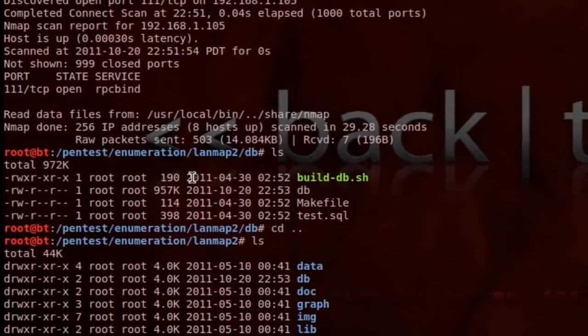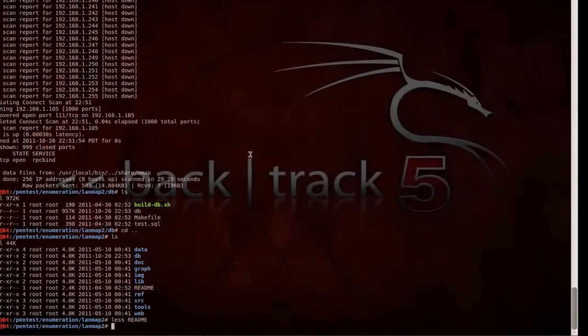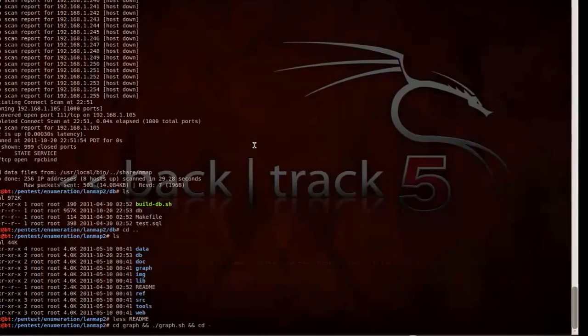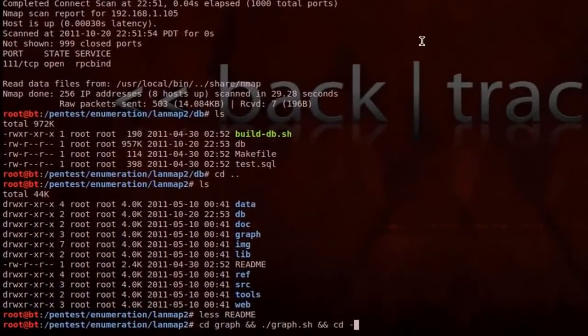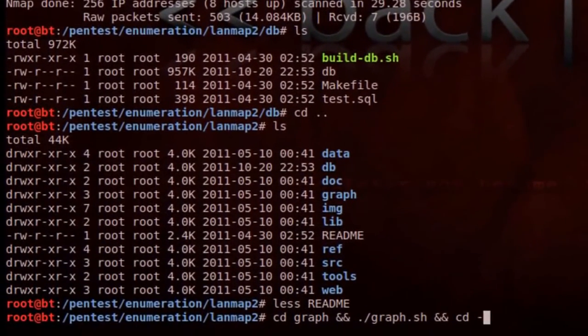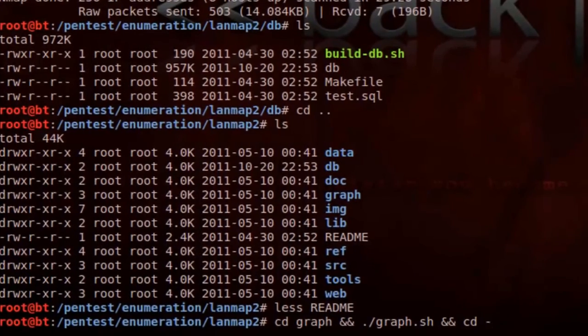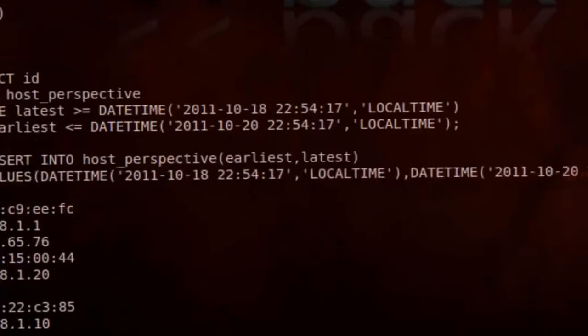And I'm going to quit. And this is another tip: if you are new to Linux, you can paste something that is copied into the clipboard. If you have a mouse with a middle mouse button, just press the middle mouse button and it'll paste it. It's kind of cool. So the command is cd graph. There's a folder in here called graph, and then it's telling it to basically run a shell script inside of the graph folder